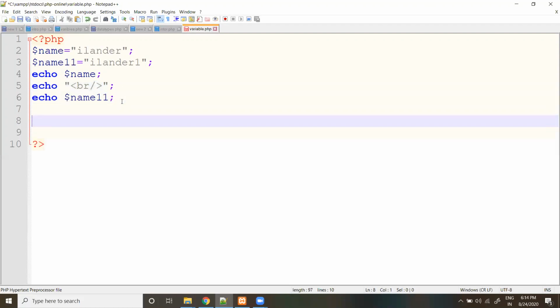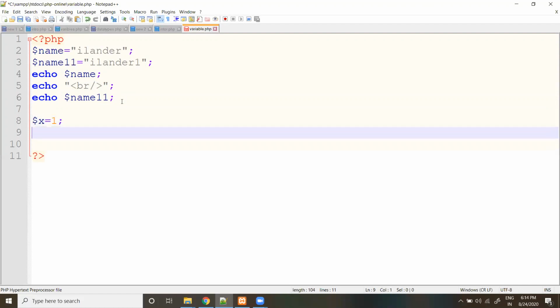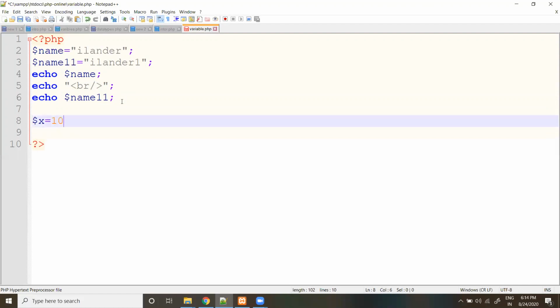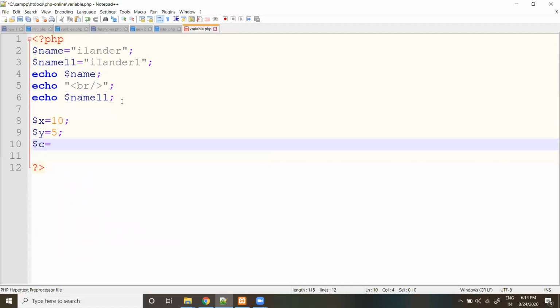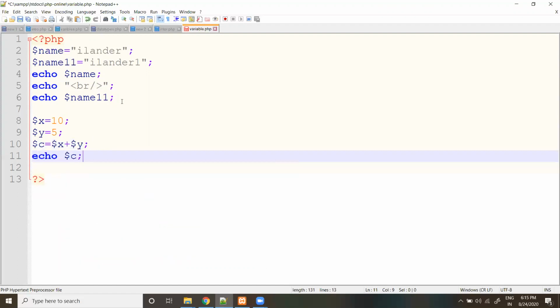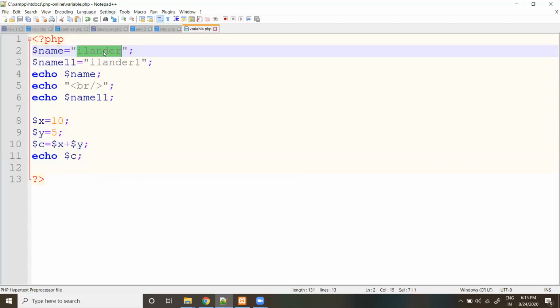So I will check with one more example. I have variables like $x equal to 10, $y equal to 5, $c equal to $x plus $y. So echo $c. See here, 15. That is the printing of variables. Variables are used to store data. Okay, that's the variable. A variable should start with the dollar sign.